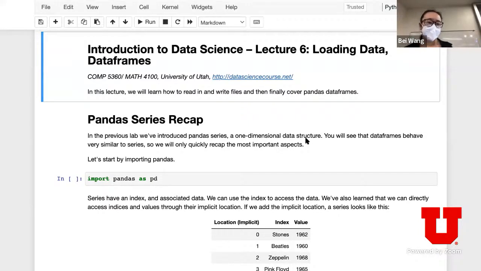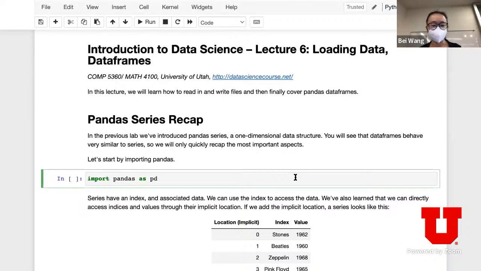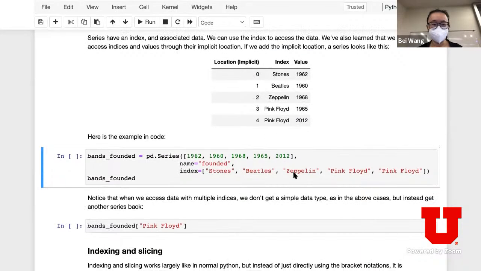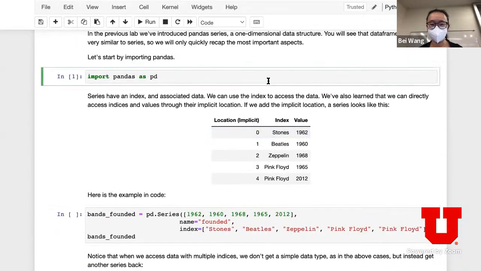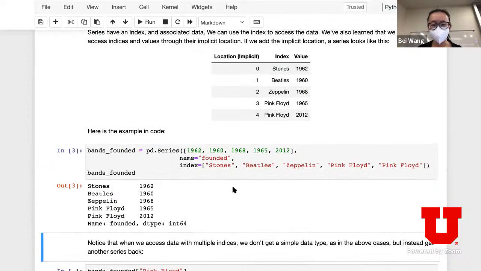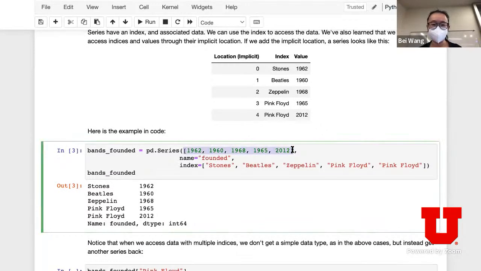All right. Okay, a quick recap. Towards the end of the last lecture, we talked about Pandas series. First of all, you're going to import the package. And then once you import the package, you're going to specify a Pandas series. As I said before, you can specify the payload of a Pandas series. Another way to think about a Pandas series is as a column of a table. This is a piece of your data.